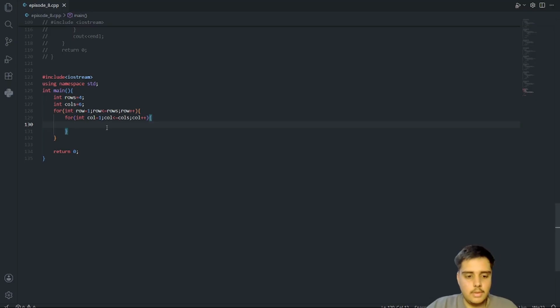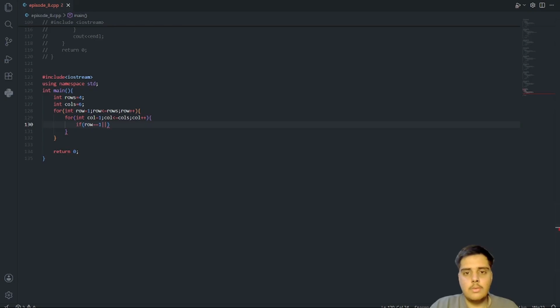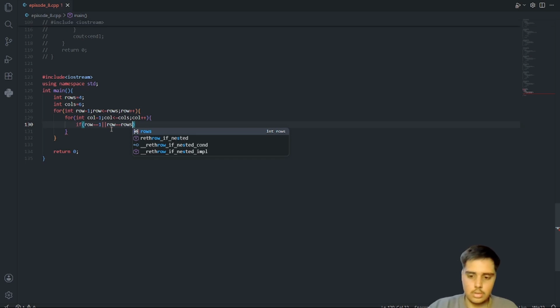Inside it we will do: if row is equal to 1, which means the first row which has all the stars, or row is equal to rows, or col equal to 1 or col equal to columns.